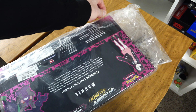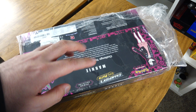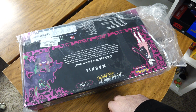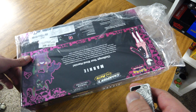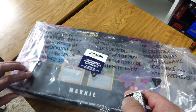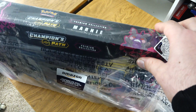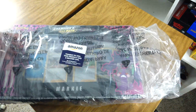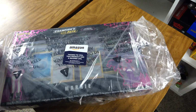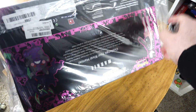Apparently, when I returned that one, I returned an unopened trainer's toolkit because I bought one in person, and I already had an order on the way with one. It was in stock. I knew I could return it, as long as I didn't open it, and I didn't. From what they were saying over at Target, people will open these, not get good stuff, and then just try to return them. And apparently, Amazon is not as...